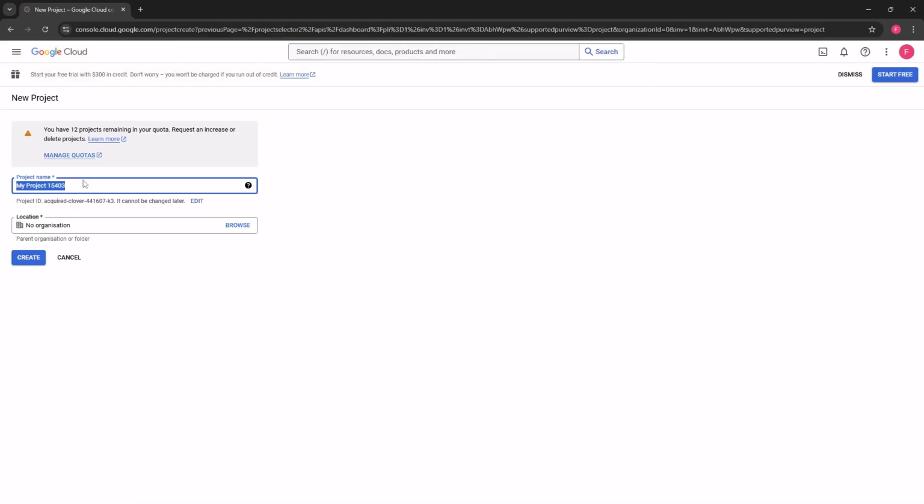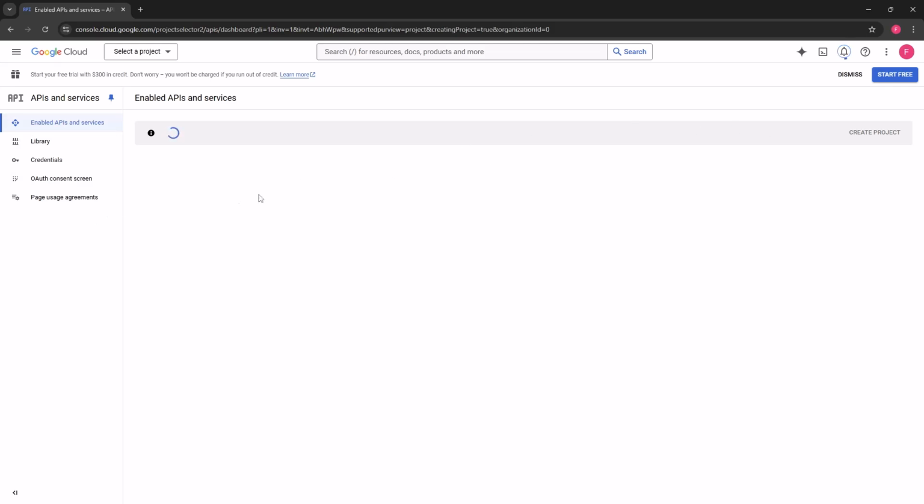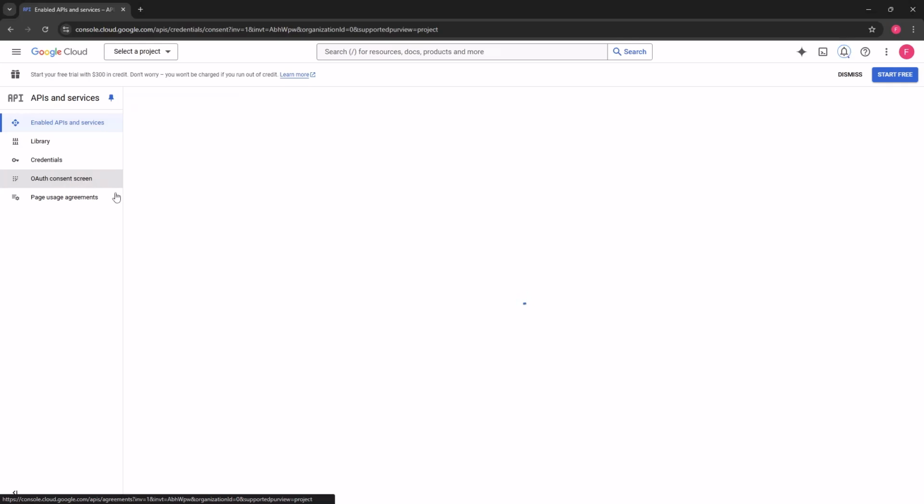Now specify the name of this project. So this is going to be Blazor Demo Blazor Auth. So no organization, or I can specify organization, location, and etc. We want to make this simple, so this is okay. Let's create that. Now when we are done, we need to go to this OAuth consent screen, and we need